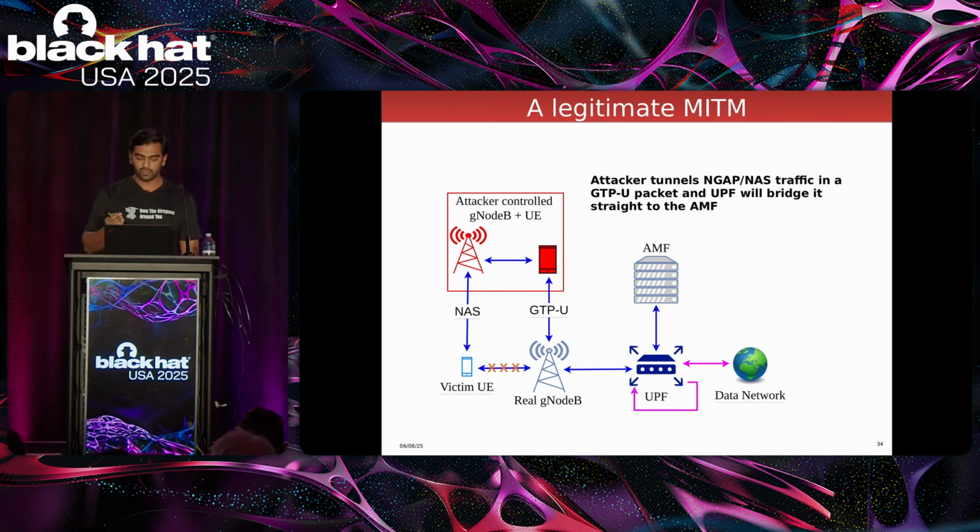Once the packet reaches the UPF, it would be directed to the AMF, and we are talking about not using IPsec inside the network. If the networks are not using IPsec inside the network, a rogue gNodeB can easily register as a legitimate one, because you just need a couple of association messages. Once you do that, a rogue gNodeB gets legitimately registered in the core network, and now we're not talking about a typical false base station attack. We are talking about something different, where